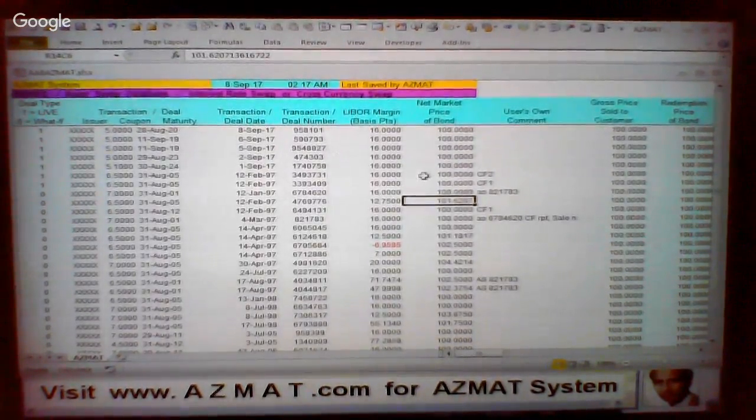or whatever, or by changing the basis, LIBOR margin, and instead of 16 basis points, if it was 12.75 or 12.5 or 20, whatever. Similarly, the bond market price, instead of 100, which is par, if it is 101.6207, whatever, any of these details, if it is changed slightly, the dealer can calculate it almost instantly by